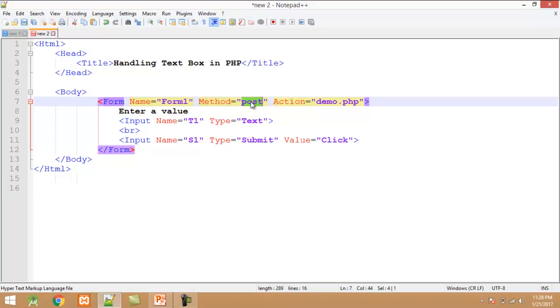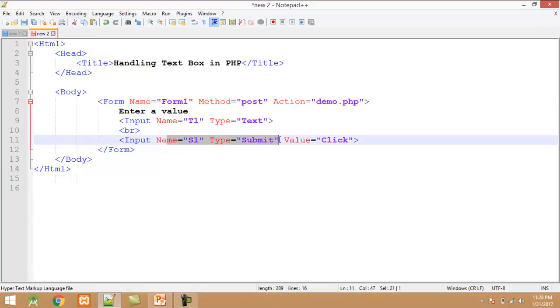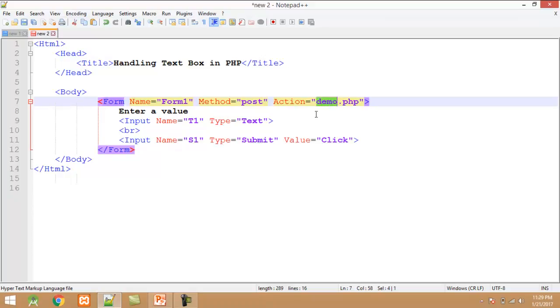The post attribute transfers all the data in the encoded format. If we use get, it transfers all the information as a part of URL, which is also called query string. Next attribute is action attribute. Action attribute contains the name of PHP program. When we click on submit button, automatically all the forms data will transfer to the demo.php.